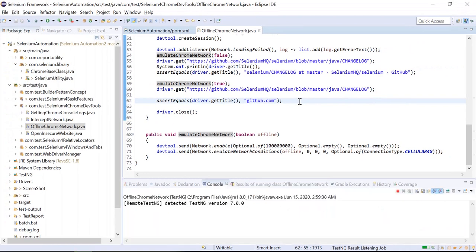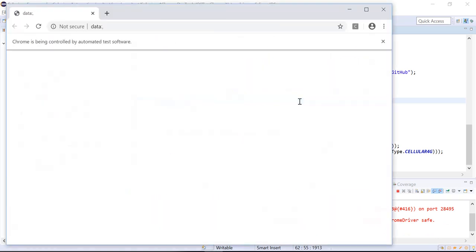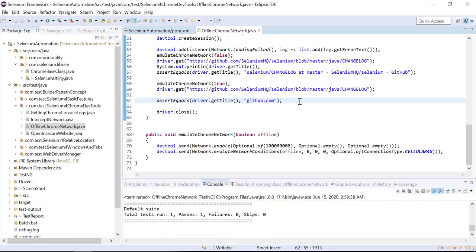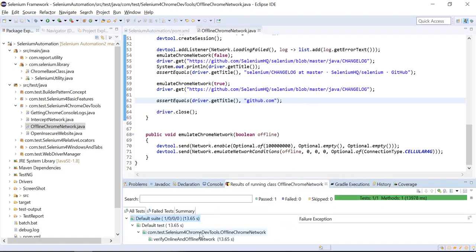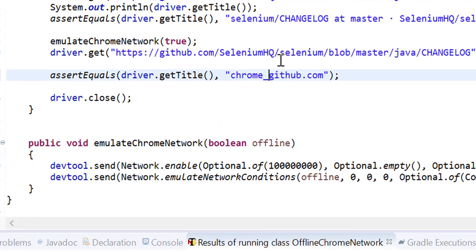We'll see what will happen. If everything is fine, it will close the browser last. The browser is launching. We can see the network is on, and suddenly it is off. The speed was very fast, and we couldn't see the test case pass. If you have doubt whether it's working or not, I am making something wrong in the assertion, so this time the test case will fail, just for testing purposes, to see whether the assertion is working or not.